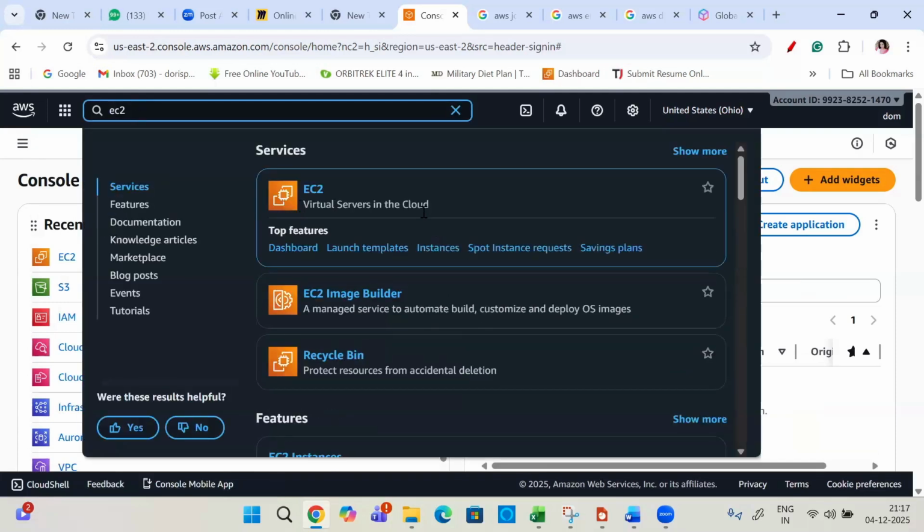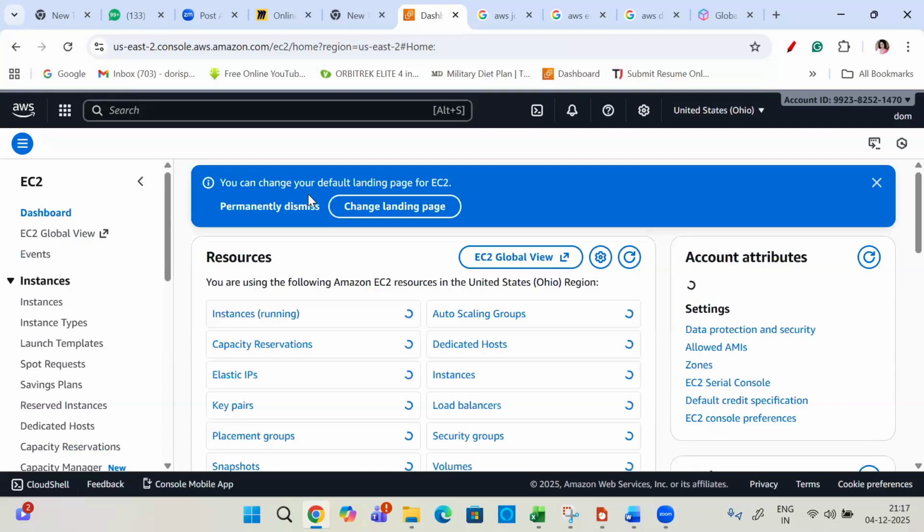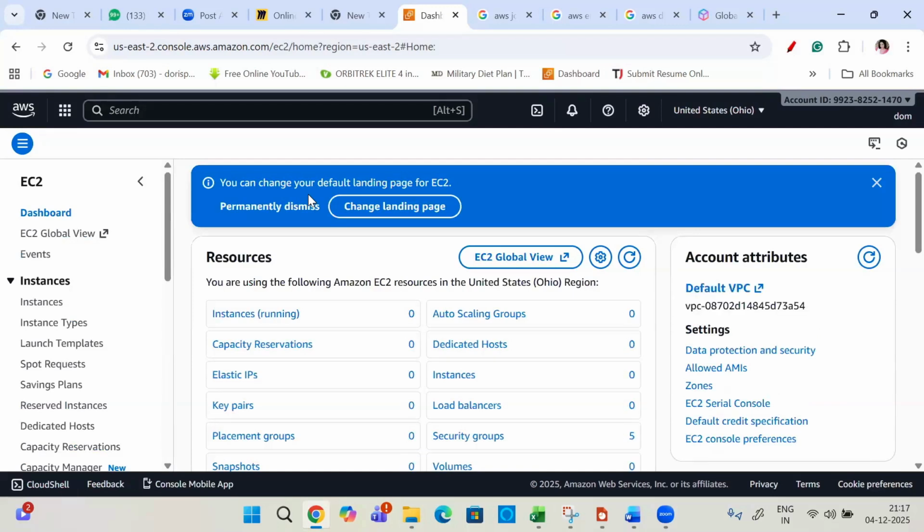Virtual servers in the cloud. The main important thing to understand is that we are working on logical machines, that is, all your software-based machines. So you'll have to understand some basic idea about virtualization, because we are working on virtual machines in AWS, where it is called Elastic Compute Cloud, whereas in any other cloud like Azure, it is called a virtual machine.